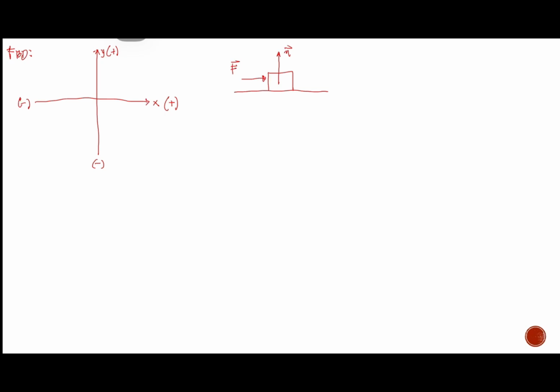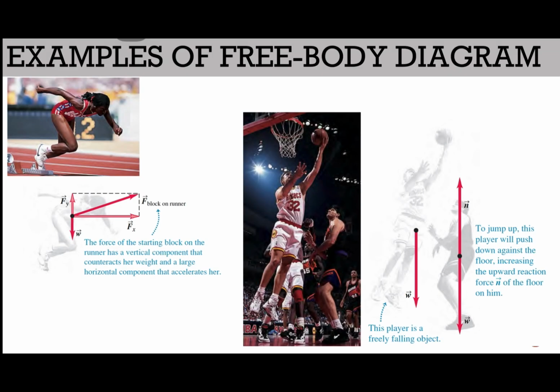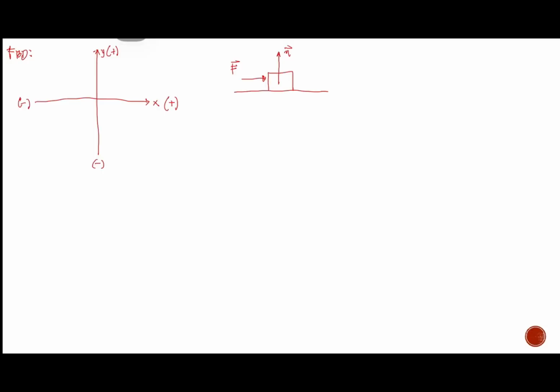And then the friction force is parallel to the surface but in the direction that opposes sliding, opposite to the direction in which your object slides. Since we exerted some amount of force F going to the right, the friction force is in the opposite direction, which is going to the left. So we have our friction force here.